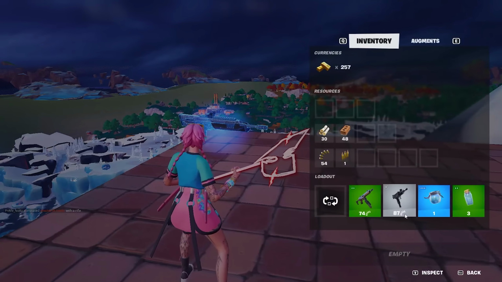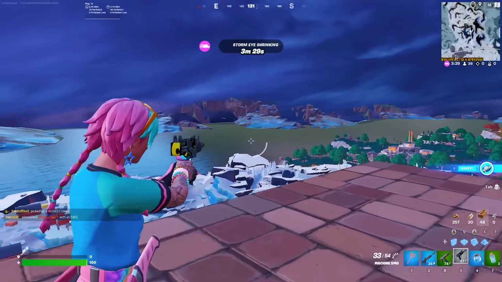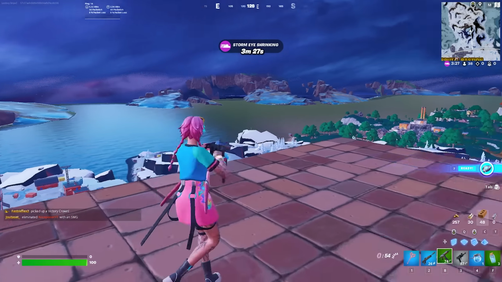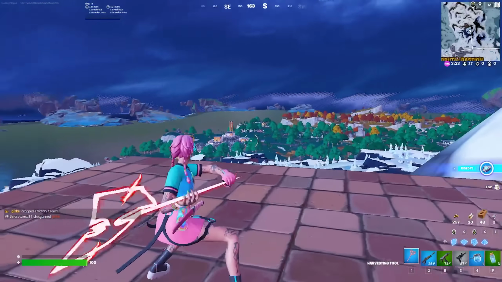Let's just say as an example that you're landing somewhere at a POI and there's a bunch of guns on the ground. You already know, oh yeah, I've got my SMG right now on the third slot. It's super easy, guys. Always make sure to actually apply this. This only gives you a competitive advantage when it comes down to fighting.